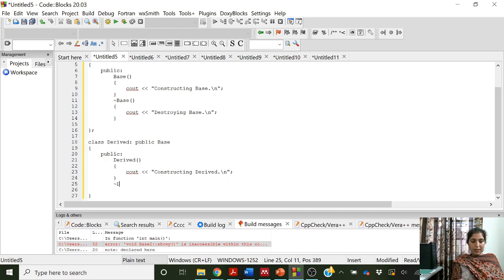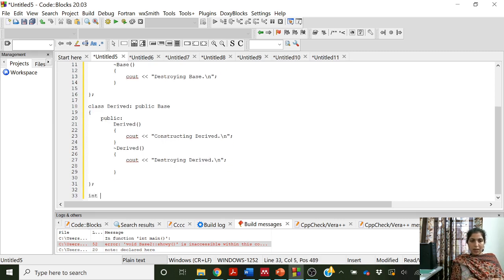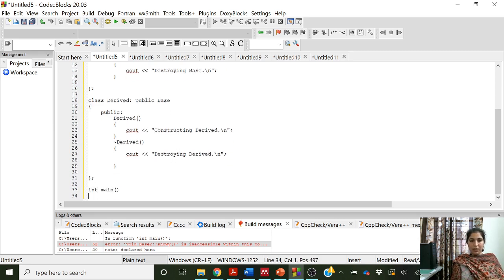Let us also have the destructor. cout destroying derived. Okay, so this is our derived class, and let us create the main function